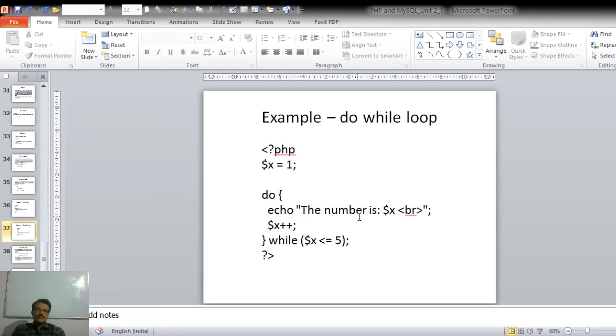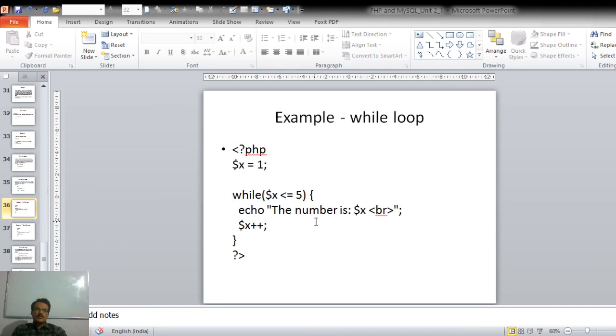What do you have to do? You have to print the value of x, increment the value of x, and then check the condition whether the value of x is less than or equal to 5 or not. So you get the same output while using the do while loop or the while loop.